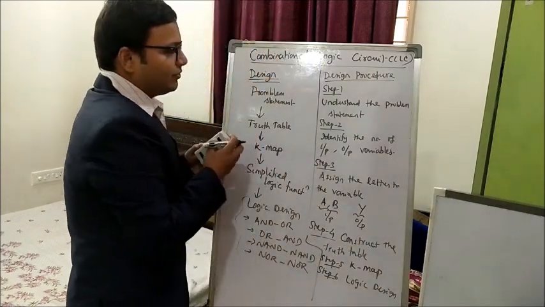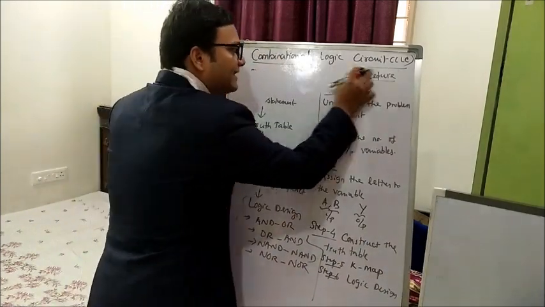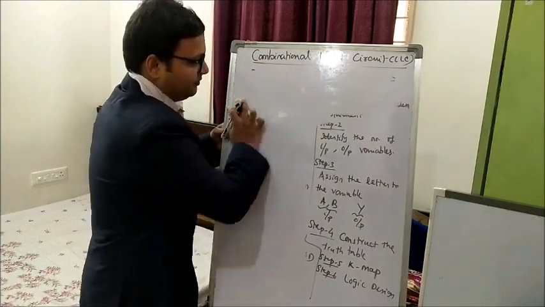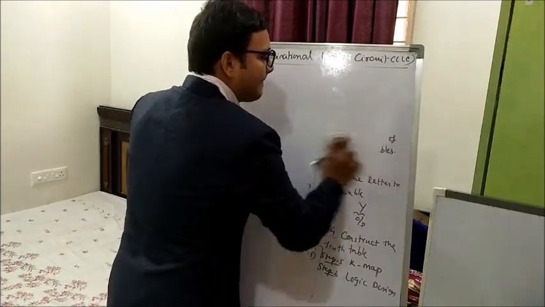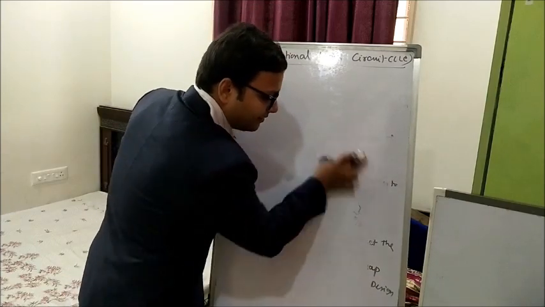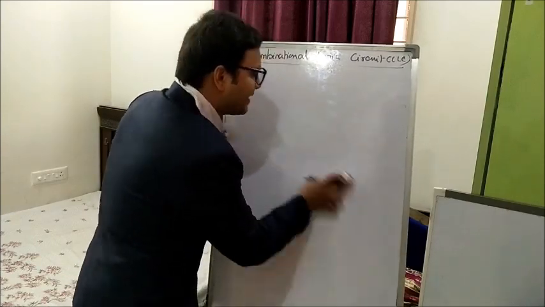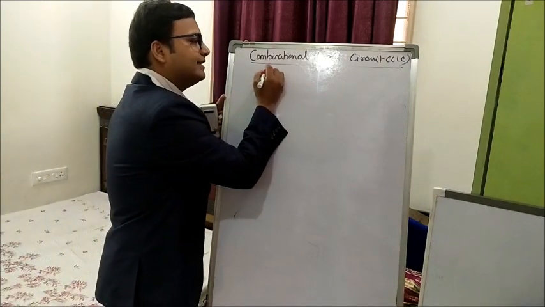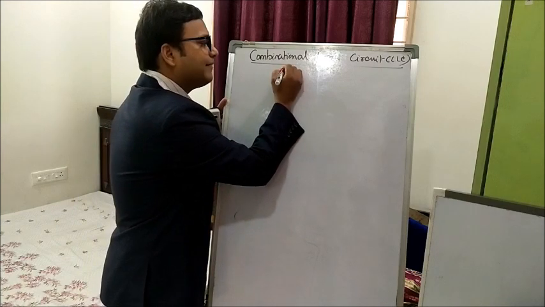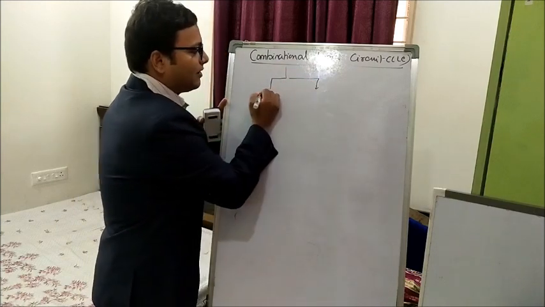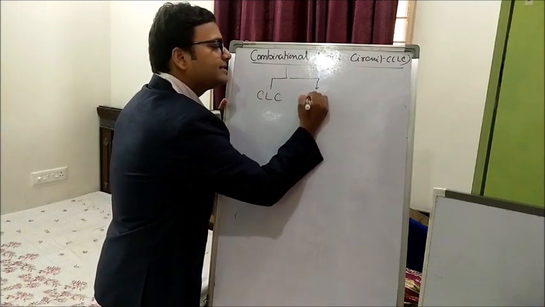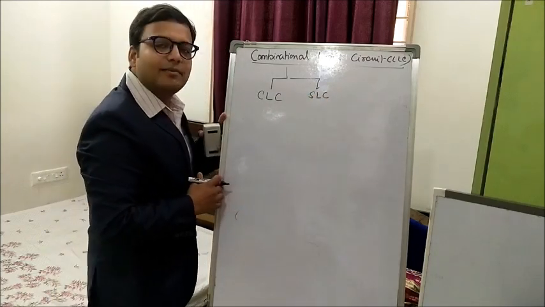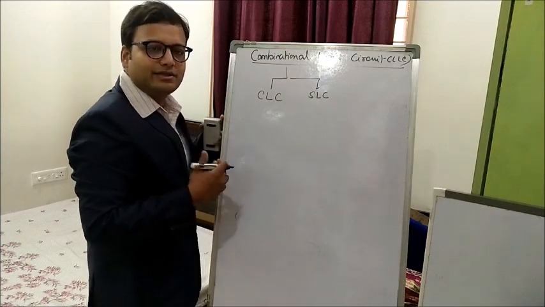Before we start, I am going to describe one thing. What is mainly a combinational logic circuit? As I told, in digital electronics, any type of logic circuit can be defined in 2 ways. One is combinational logic circuit and another is sequential logic circuit. In this class, we are going to see combinational logic circuit. Later on, we are going to see sequential logic circuit.